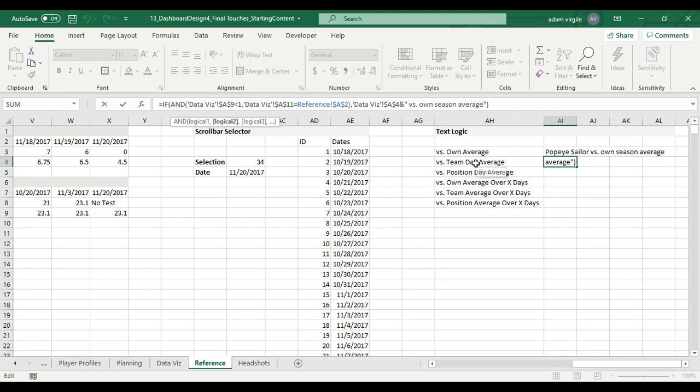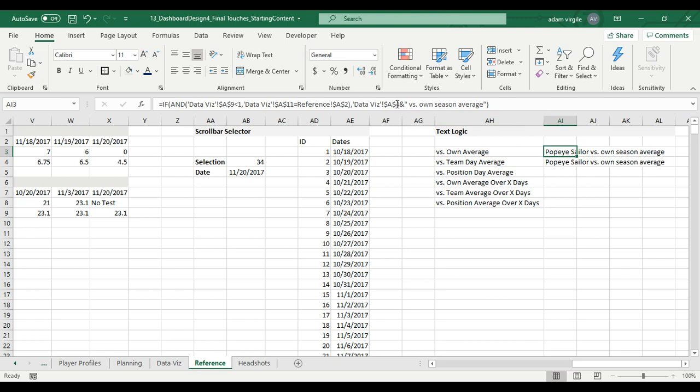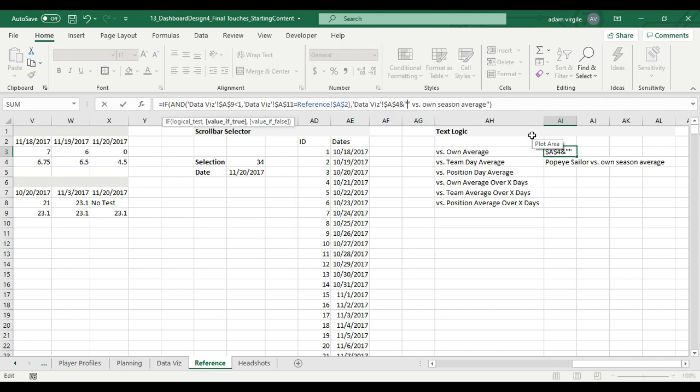Now, to get the team versus the team day average, actually, let's change this. Let's make this even more specific. Why not? You can always remove things. So Popeye the Sailor versus own season average. How about Popeye the Sailor and I'm going to go on, or space on. So I did the name cell, the cell where the name resides, ampersand, quote, space on, quote, and